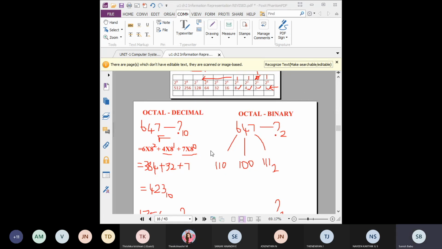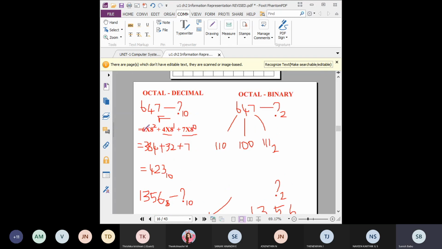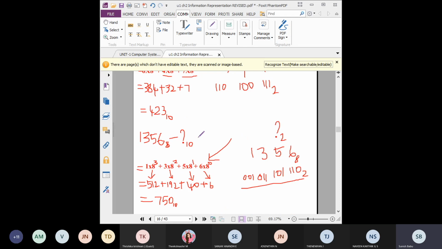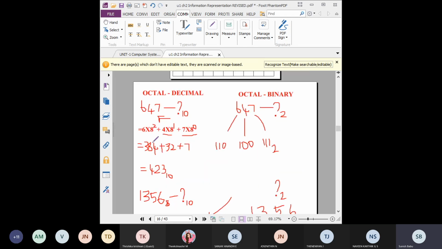Yes, okay. So here, how to convert octal to decimal? Octal to decimal and hexadecimal to decimal are both the same method, like what we did in the binary to other number divisions, that is repeated division of 2 power something. Here we used octal, so you have to do 7 into 8 power 0, 8 power 1, 8 power 2. From the right side you increase the power value and do the multiplication, and finally add all the values and you will get the answer. This is a decimal number, so you can call it 423.